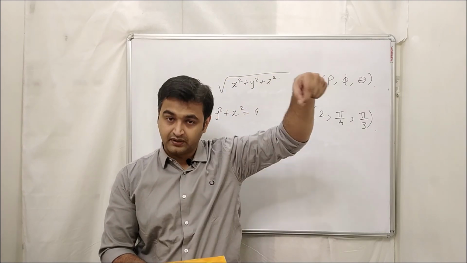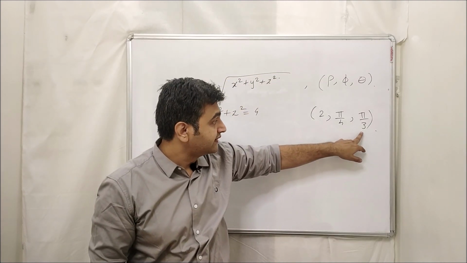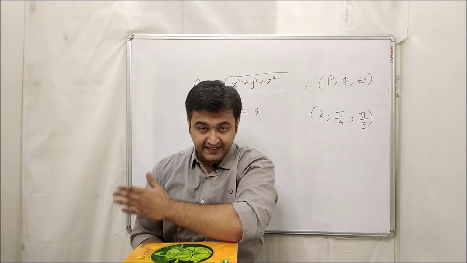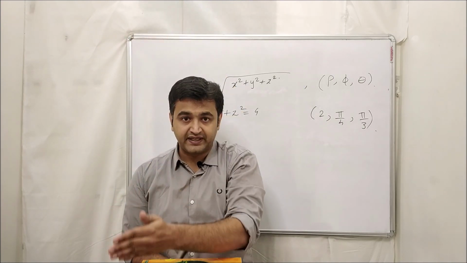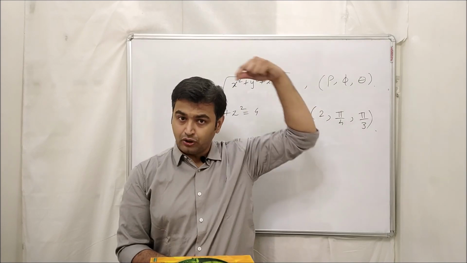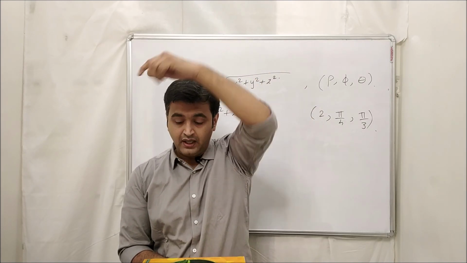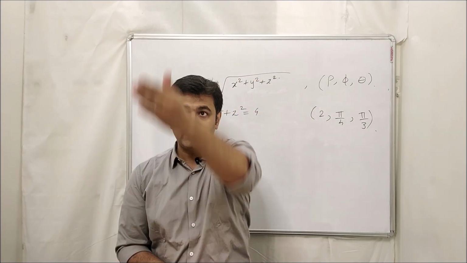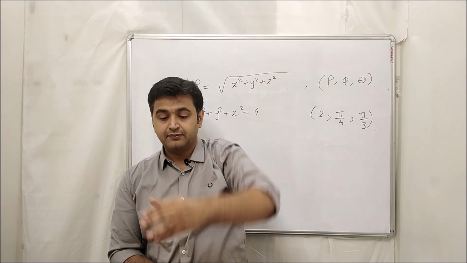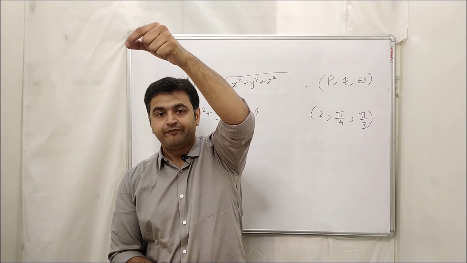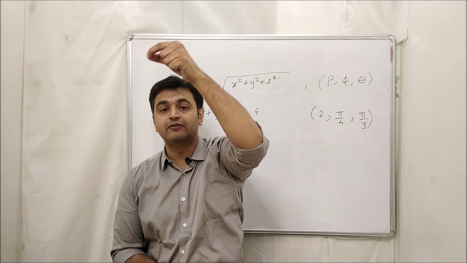So you had a sphere, you are cutting it with a cone, so you are getting this circle over here, right? And now suppose theta is pi by 3, 60 degrees. So with the x-axis you make your 60 degrees and you draw this angular plane. You had a circle at the top because of the sphere and the cone, and now because of this angular plane you are getting this plane. The intersection of a circle and the plane is nothing but a single point. So that's how you get a single unique point.